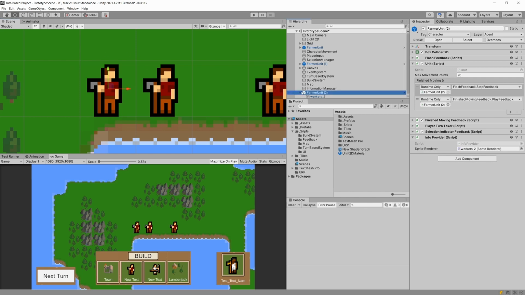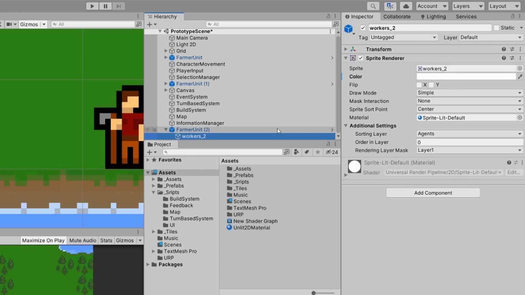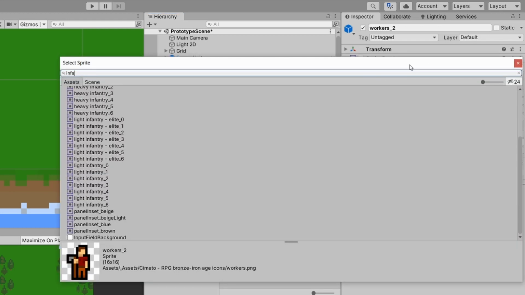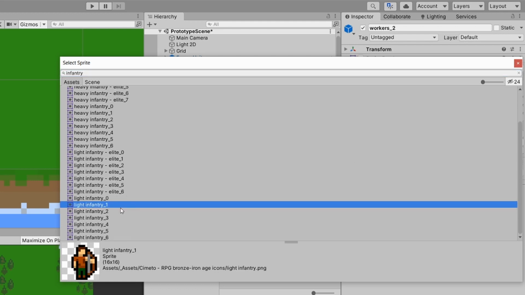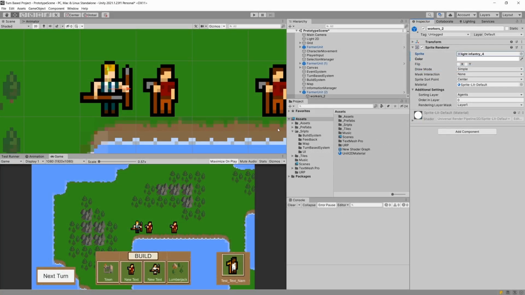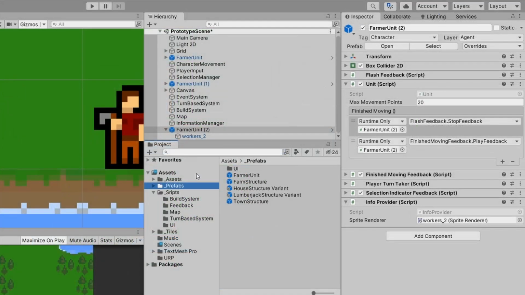Now what I want to do is swap the image, so we are going to select the sprite of the worker underscore 2 and let's type infantry, and we should have the infantry 0, 1, 2 and so on, and we are going to select the light infantry 4 as our sprite, for example, and this will be our warrior. Now what we can do is use this prefab, so let's drag it into our prefabs